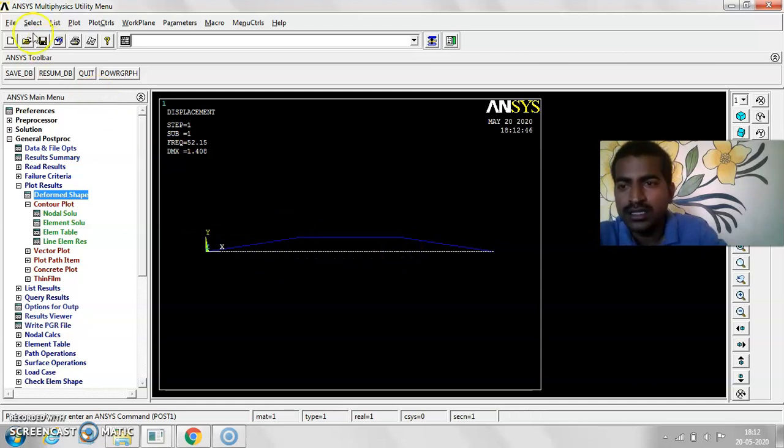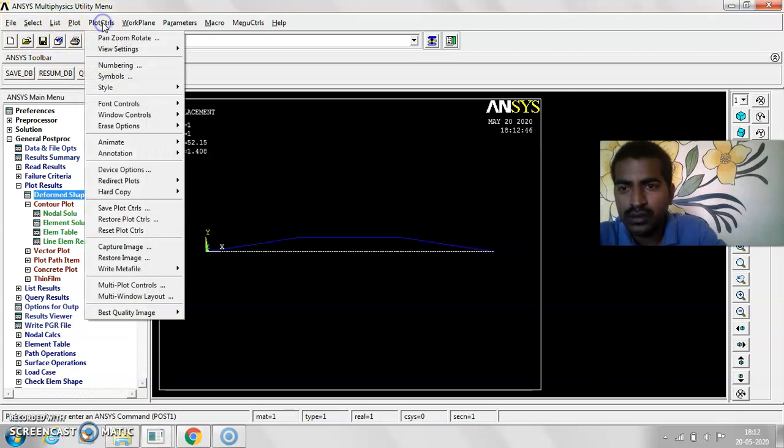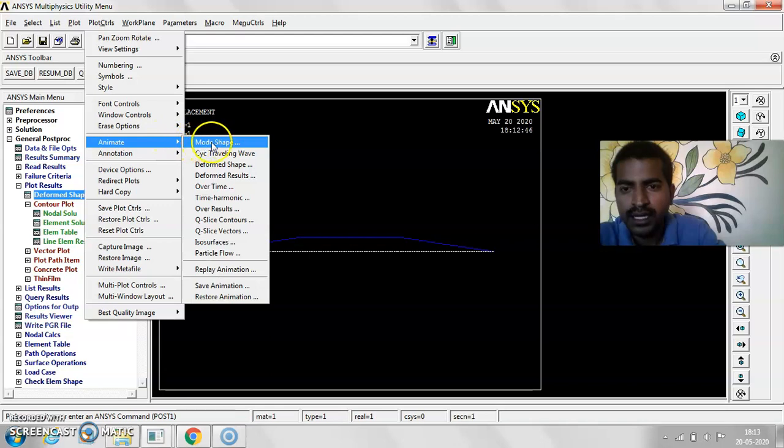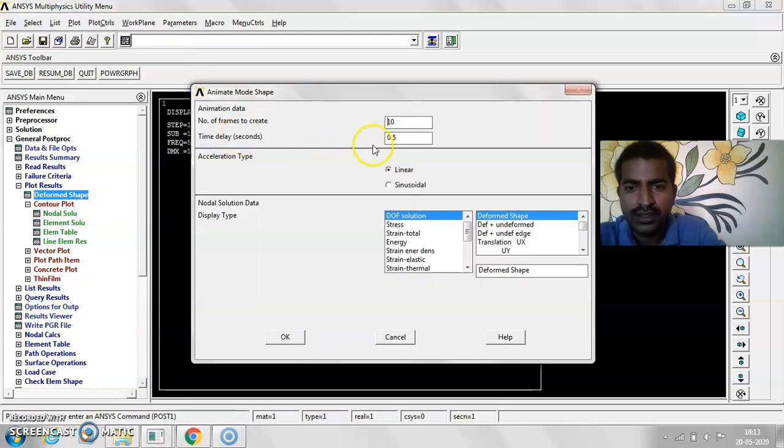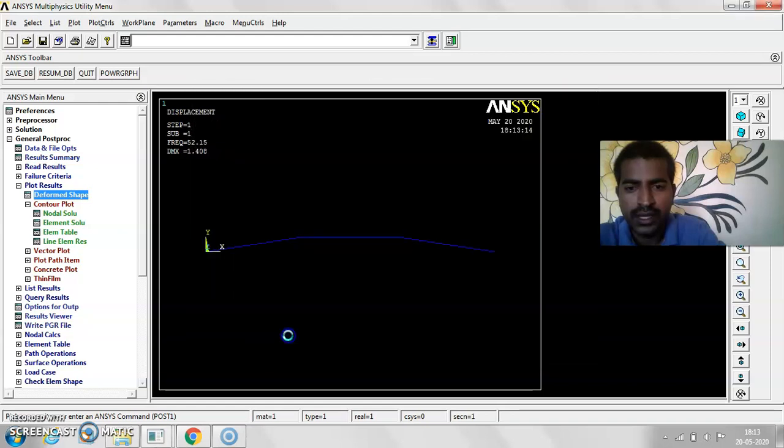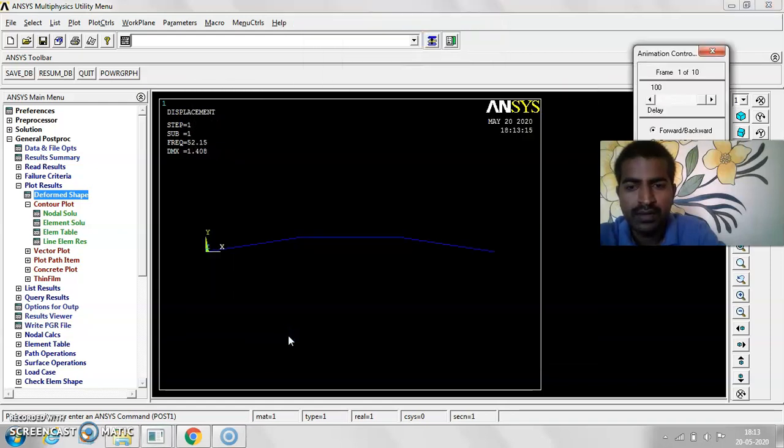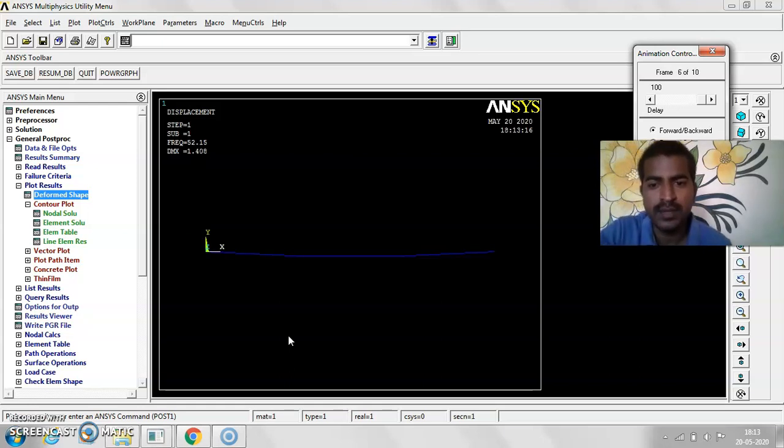Okay, and still you can go for plot controls, then animate and mode shape. Here you can give 0.1 second or 1 second, times 2, frame is 10. You can write that and say OK. So here you can have an animation. See, this is the animation.